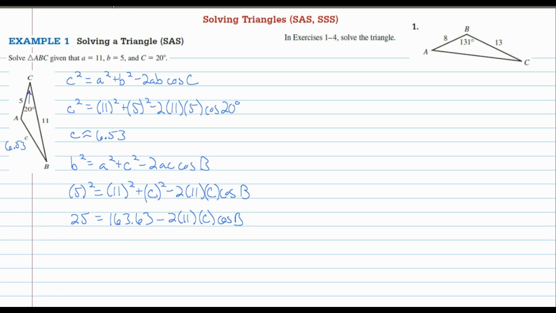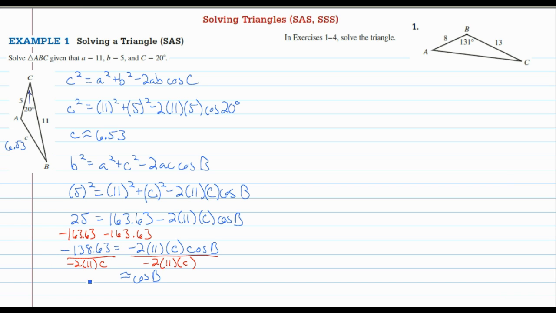Now I'm going to subtract that from both sides. So I get negative 138.63 equals whatever negative 2 times 11 times what I've stored as c is, times the cosine of b. So now I have to take negative 138.63 and divide by whatever negative 2 times 11 times c is. And I get that the cosine of b